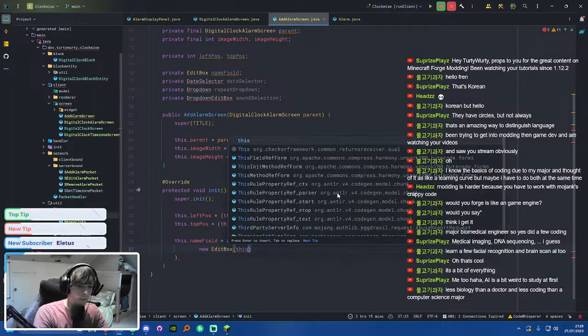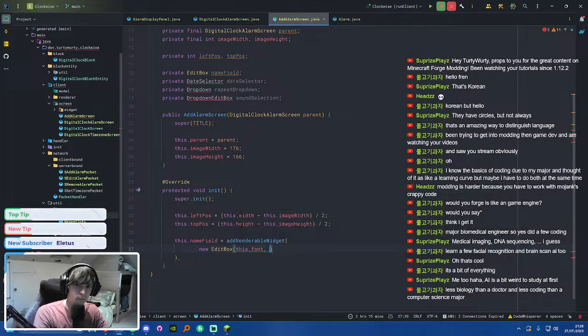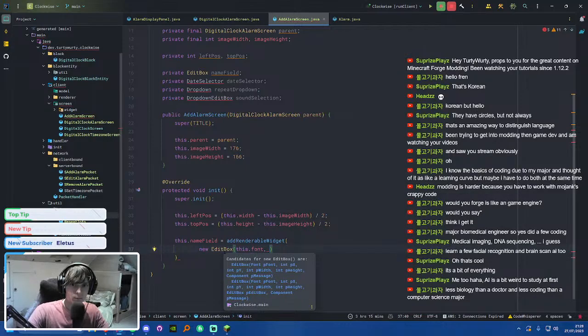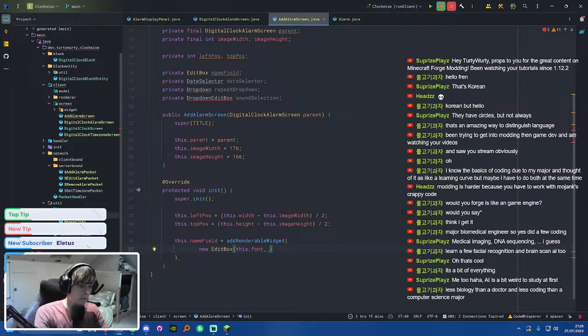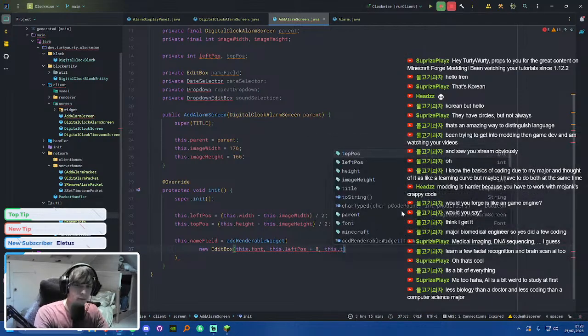Okay, we're going to want a font, so this dot font. We're going to want X, Y, width, height, message. Okay. So for the X, we'll just start with this.left pos plus 8, this.top pos plus 20,